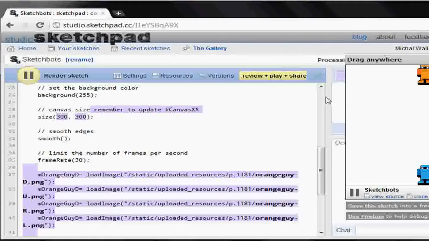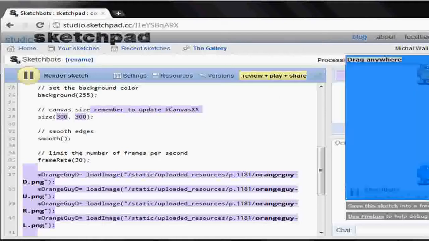I kind of wish it would give me a little more room to work with here, but that's okay. So we just have to be extra careful in making sure that we're lined up with the right thing. So U, R,